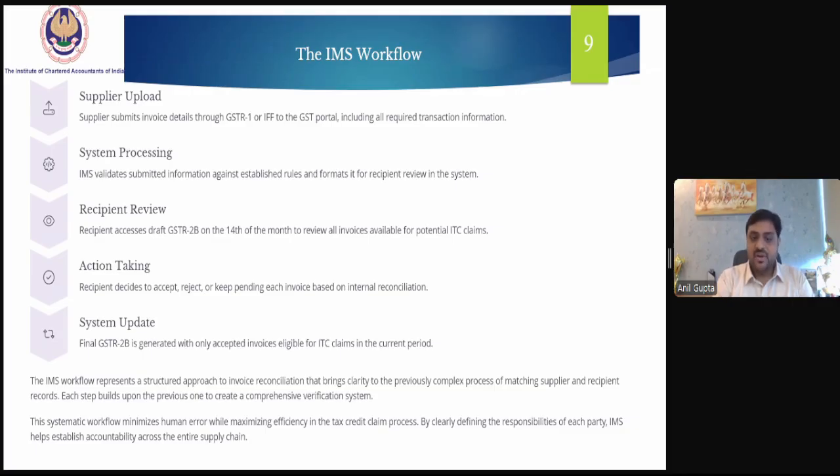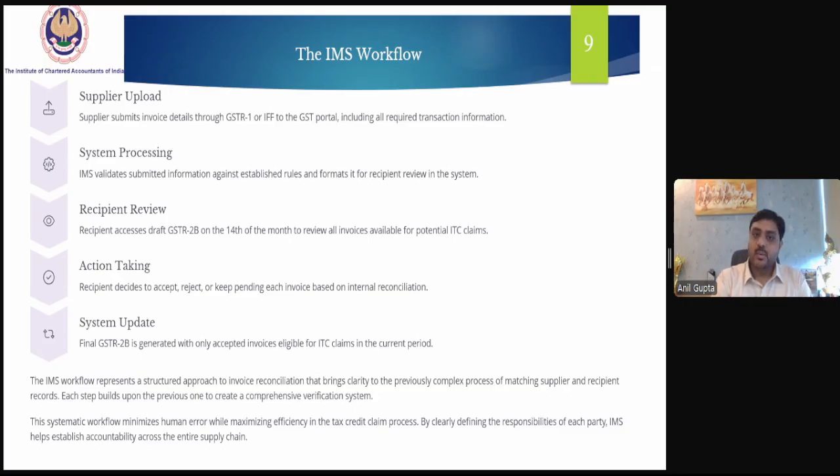The IMS workflow represents a structured approach to invoice reconciliation that brings clarity to the previously complex process of matching supplier and recipient records. Each step builds upon the previous one to create a comprehensive verification system.